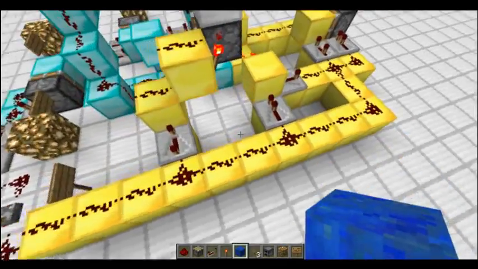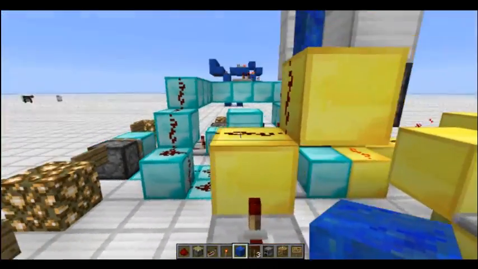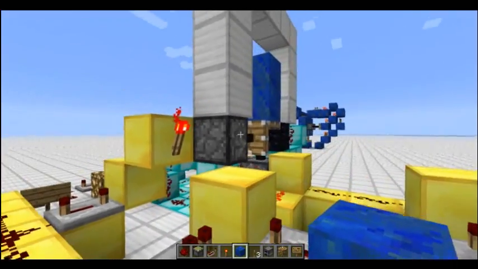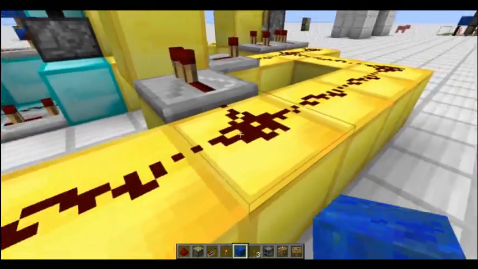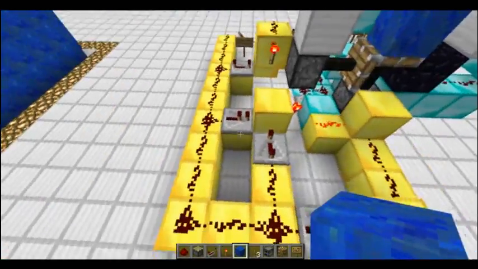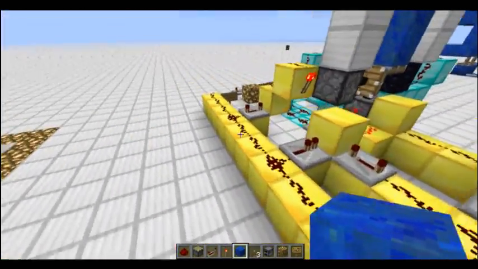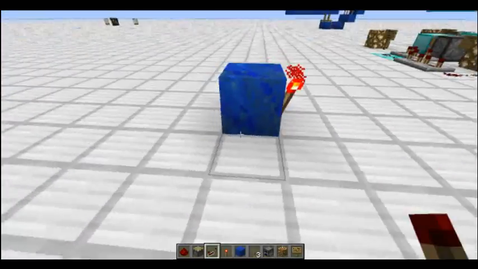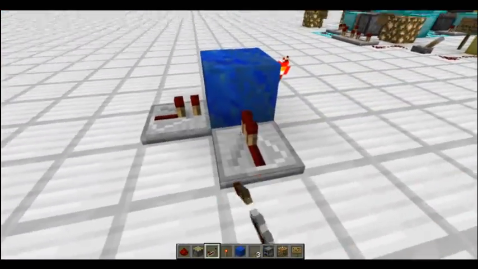So we have this, 4 torches delay to this, which powers this piston. Pretty simple. And we have this circuit here. We'll worry about that in a sec. We have this little circuit here, and this is a really kind of intuitive circuit, but what will happen is that we have here,